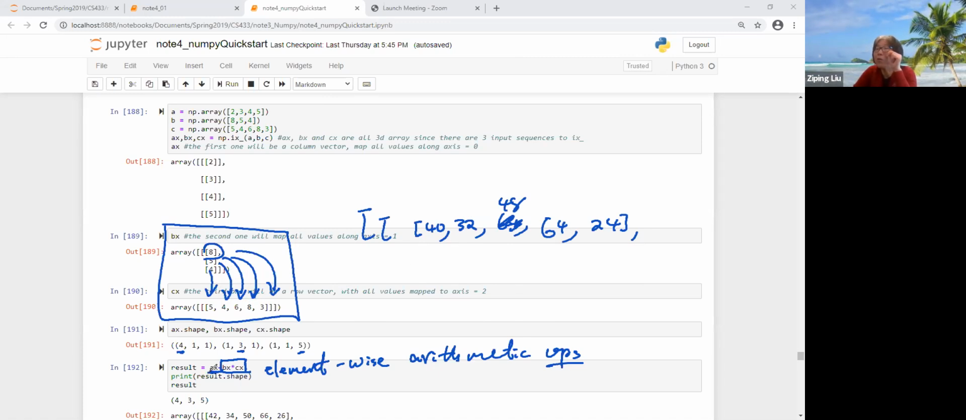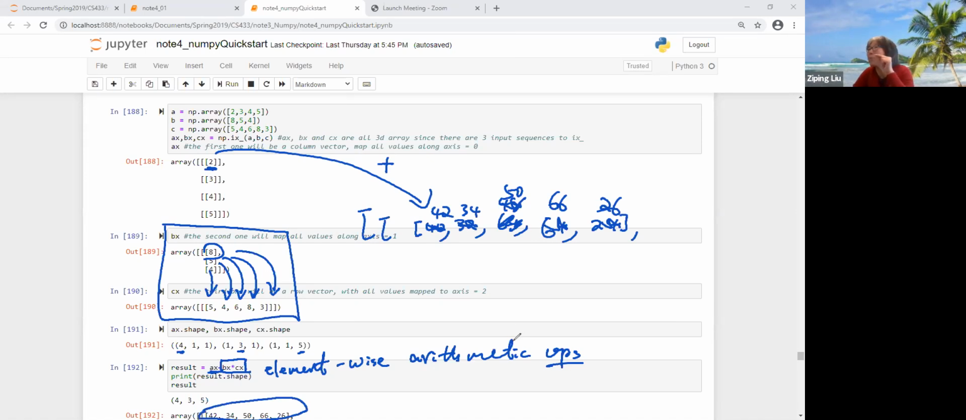Then you are going to add what? Add AX. What is AX, a corresponding item? It's 2. So you are going to add 2 to each of the items. So that's why here is a change of 40 and 34 and 50, 66, 26. If you take a look at the output, that's how you come up with the innermost,